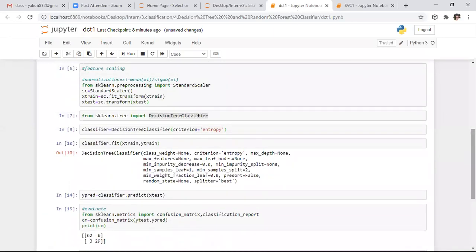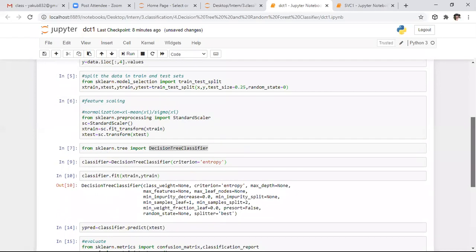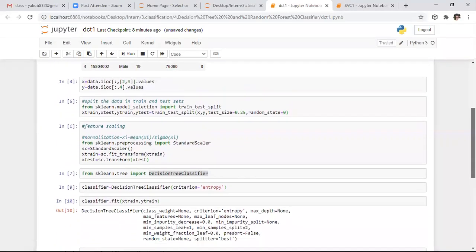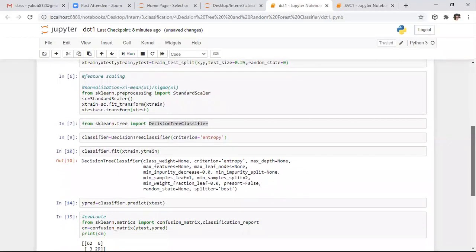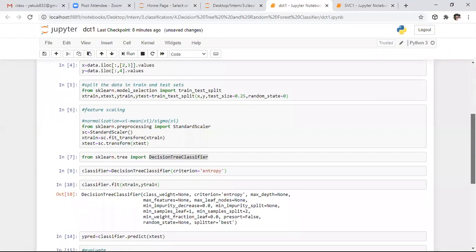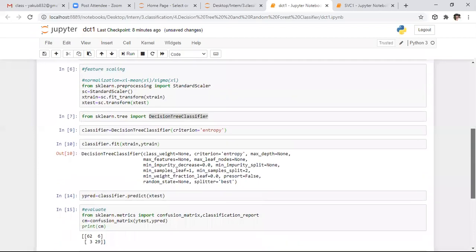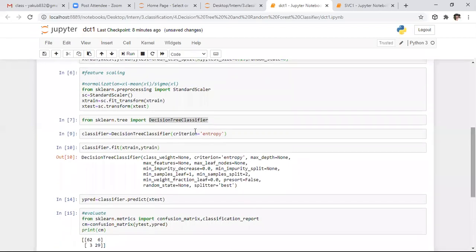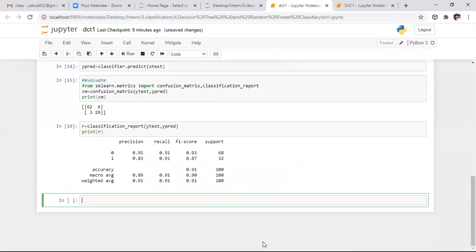Whatever algorithm you want to apply, every step is similar except applying the algorithm. Coming to applying the algorithm, you need to remember which family you are applying the algorithm from. You need to remember the family name as well as the classifier name. Let us assume you want to apply the random forest algorithm for the same project. What do we need to do?